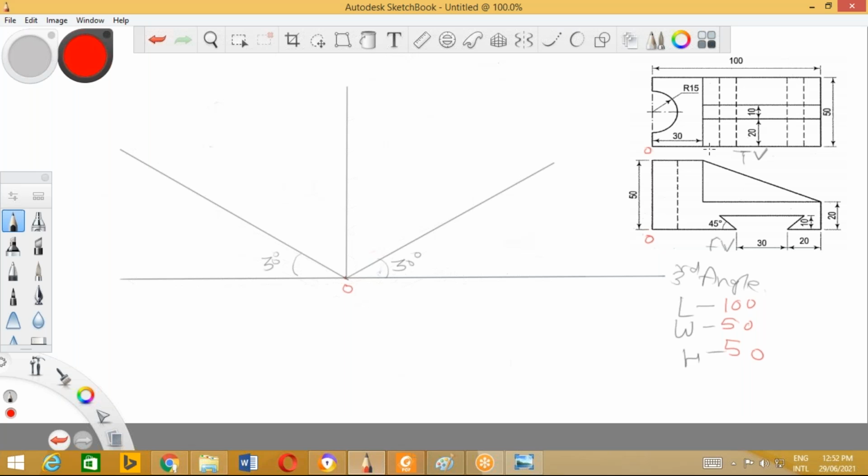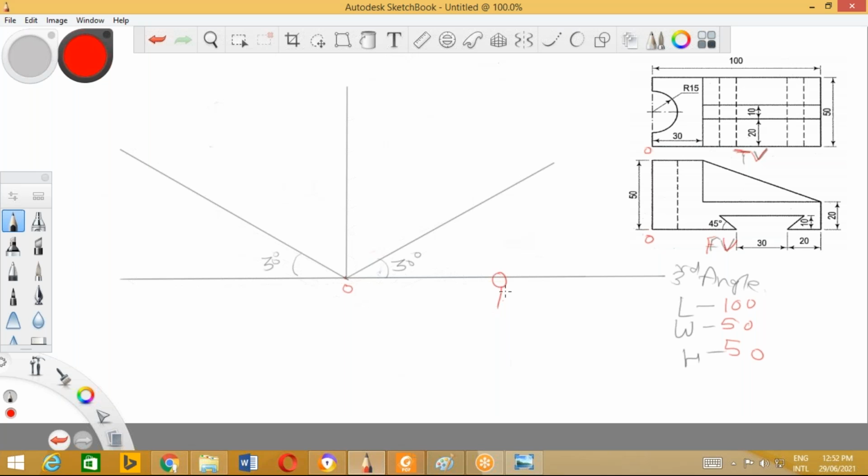So we'll mark the length first. If the origin is here, which side view will we draw? Which side view will this particular diagram give us? All of you please try to understand this front view and top view is given in third angle method. So obviously with this origin, we have to draw, yes, perfect, the left hand side view, which will be on the right side. Correct? Done.